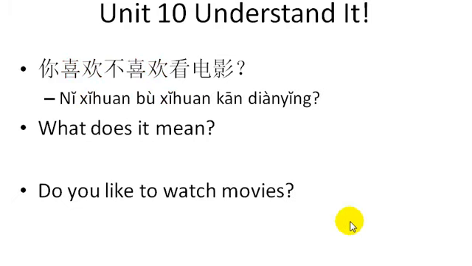Very simply, do you like to watch movies? You like, not like, watch movies. 你喜欢不喜欢看电影? Do you like to watch movies? So, can you see where this conversation is going? What is Gao Wenzhong going to ask next?